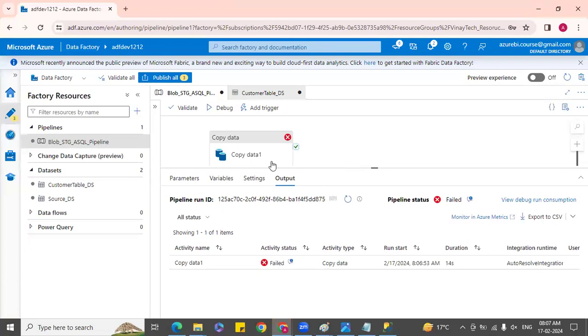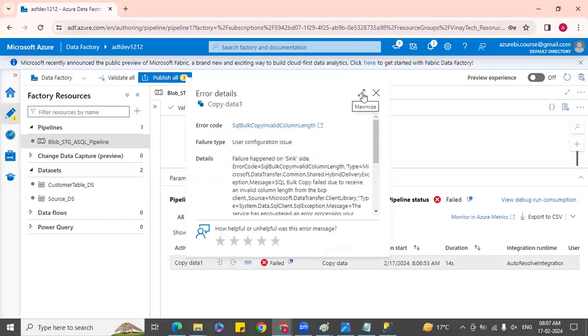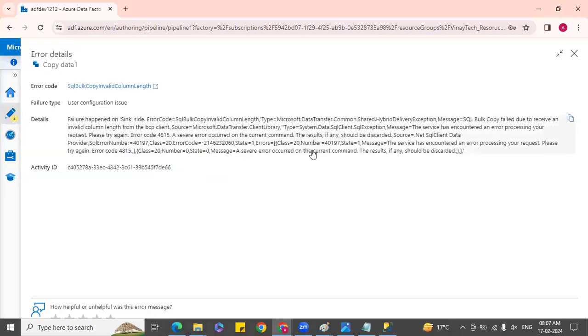It got failed. Why did it fail? Very simple, the error message. Why is it showing? See, you only have to understand the message it will give you. What message? Do you see the message anywhere? The message: the service encountered an error processing the request. Please try again. Okay. So